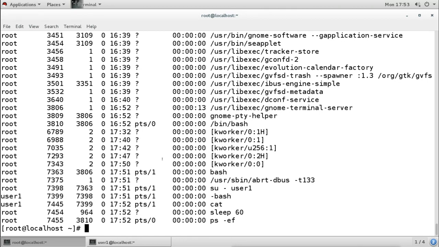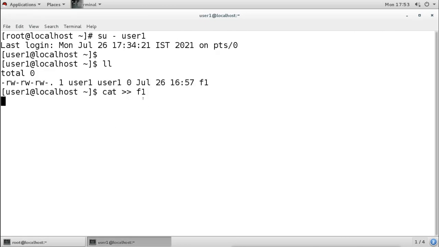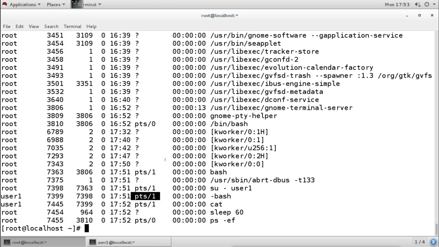So when you see here, you will see user 1. We have switched to user 1, and user 1 gets the bash, and you can see it is on sudo terminal 1. Sudo terminal 1 is this other terminal. Now what we are seeing here is that there is also a cat command running.